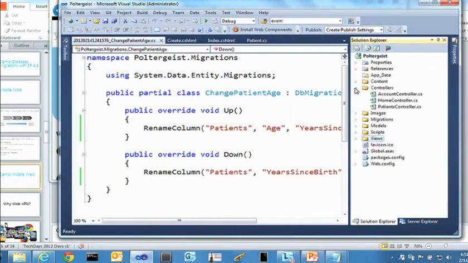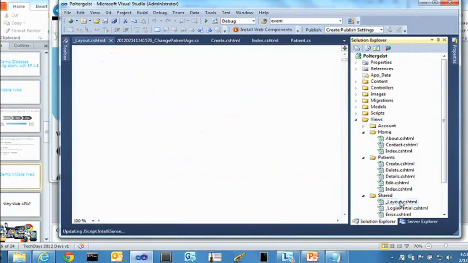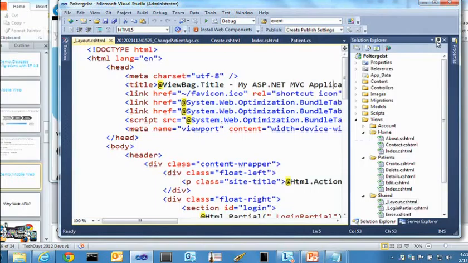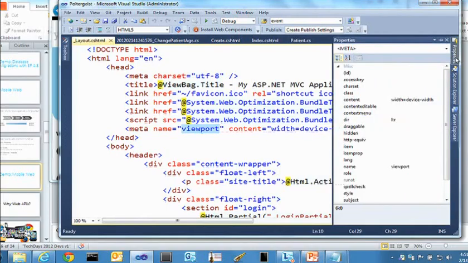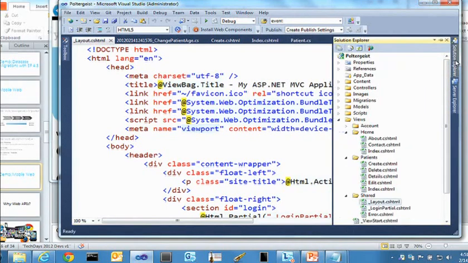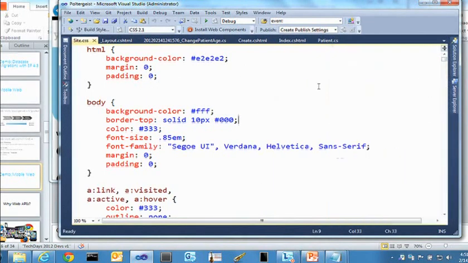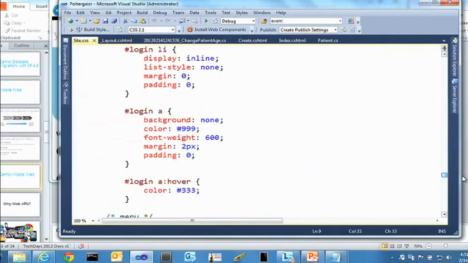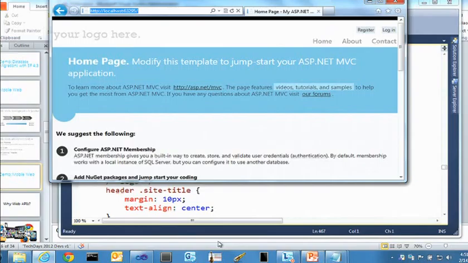So for example, here, if I go into my layout, you'll see there is at the top a viewport setting that we're using. We're actually setting it to use the max width of the device, so scale the content across it. And then if you go into your CSS file, you'll see that a little bit lower on, we're using media queries so that we can mobile enable things by default, so that if I took this exact same app and ran it on another device, let's say like an iPhone,